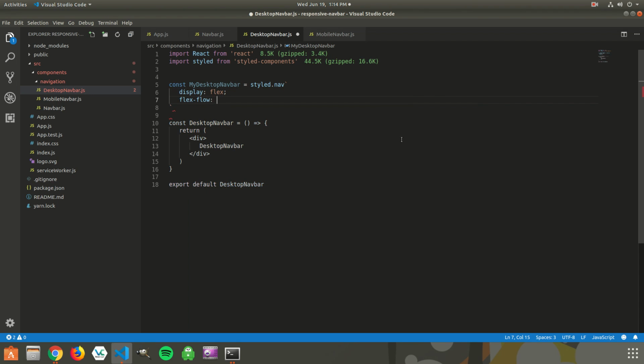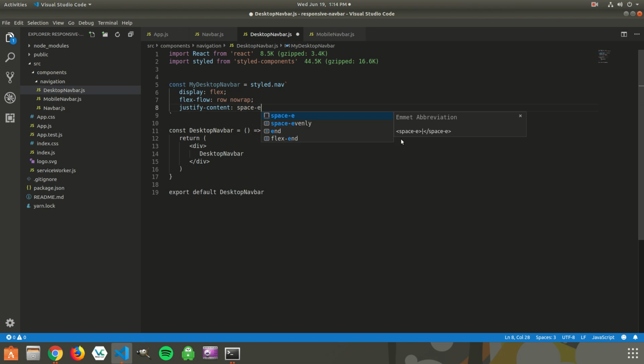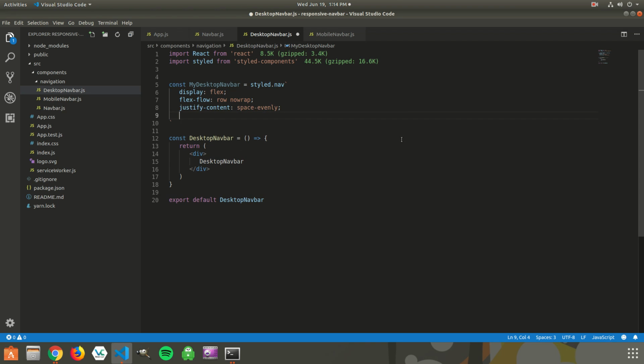Flex flow, we want this to be row, right? This is our desktop, so it's going to be horizontal, no wrap. Justify content, space evenly, and align items,